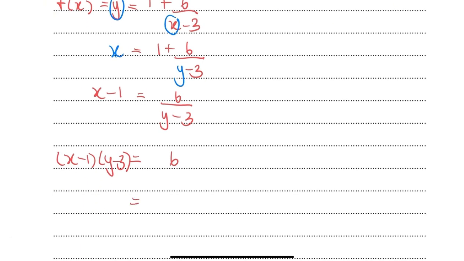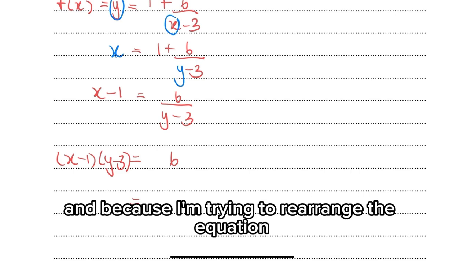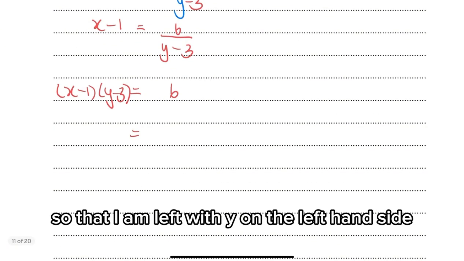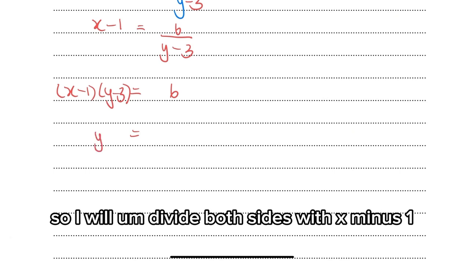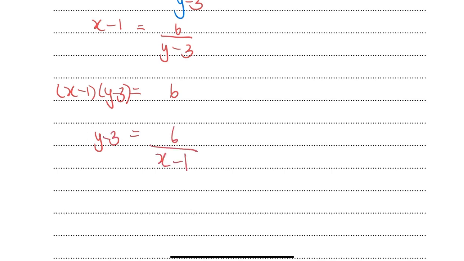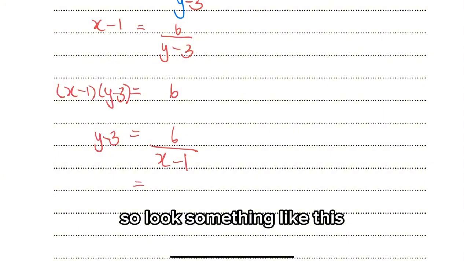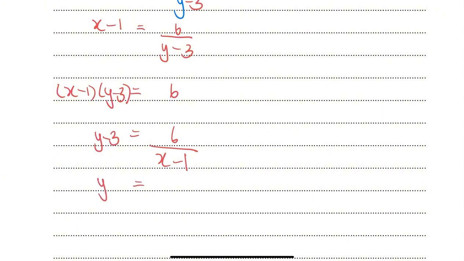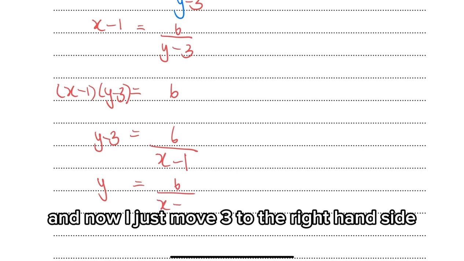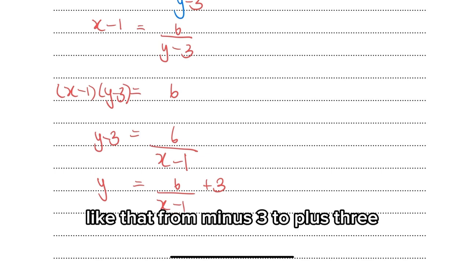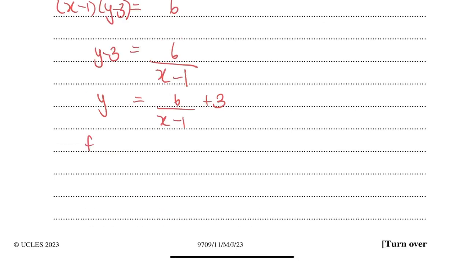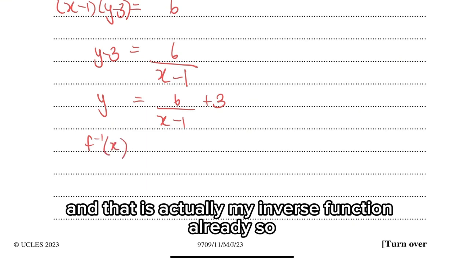And because I'm trying to rearrange the equation so that I am left with y on the left hand side, I will divide both sides by x minus 1. So it will look something like this. And now I just move 3 to the right hand side, from minus 3 to plus 3. And that is actually my inverse function already. So equals to